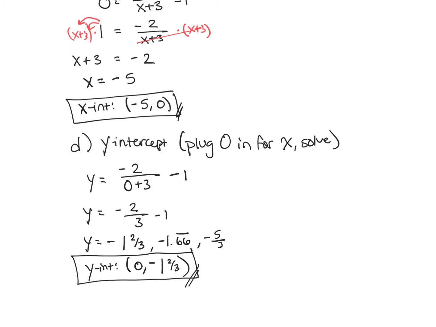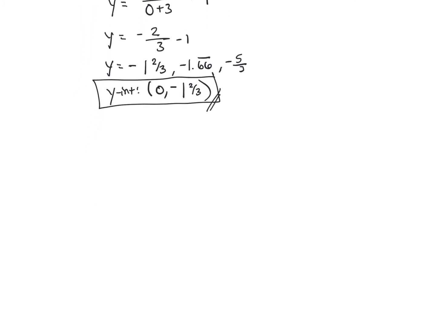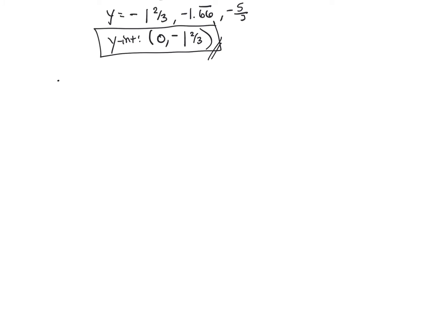I'm going to go through one more problem with you quickly, just so you can see, oh yeah, this really doesn't take too long. So we're going to be focusing on problem number 7. Let's see, problem number 7 from the blank notes is f of x is equal to 4 over x plus 1, plus 2. The first thing I want to find is a vertical asymptote,